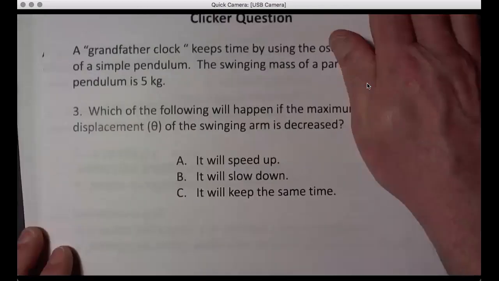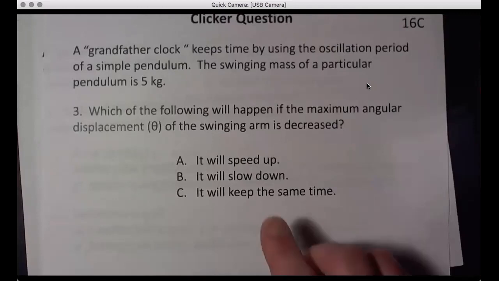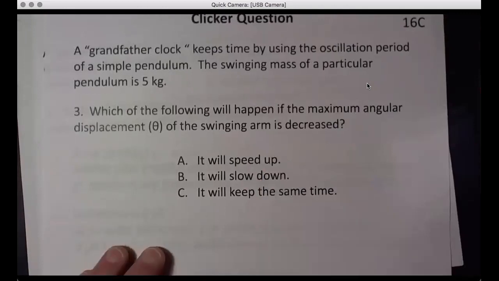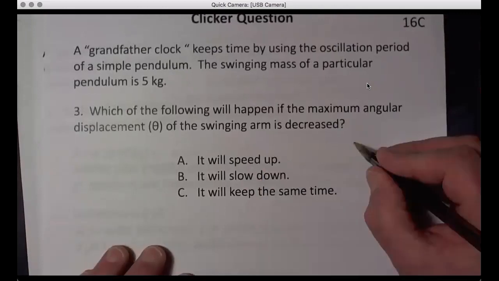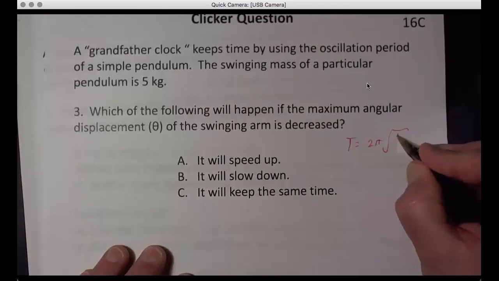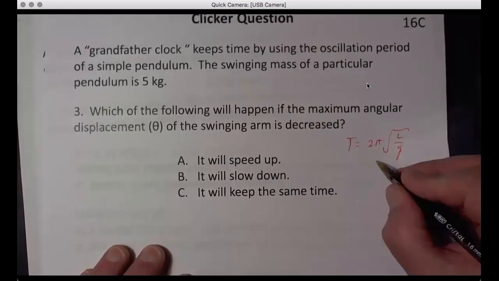Okay, now let's go on to the next one here. What happens if the displacement of the swinging arm is decreased? Well, you kind of get the picture now, right? Let's just start with this one. T is 2 pi the square root of L over G. And there's no theta in here